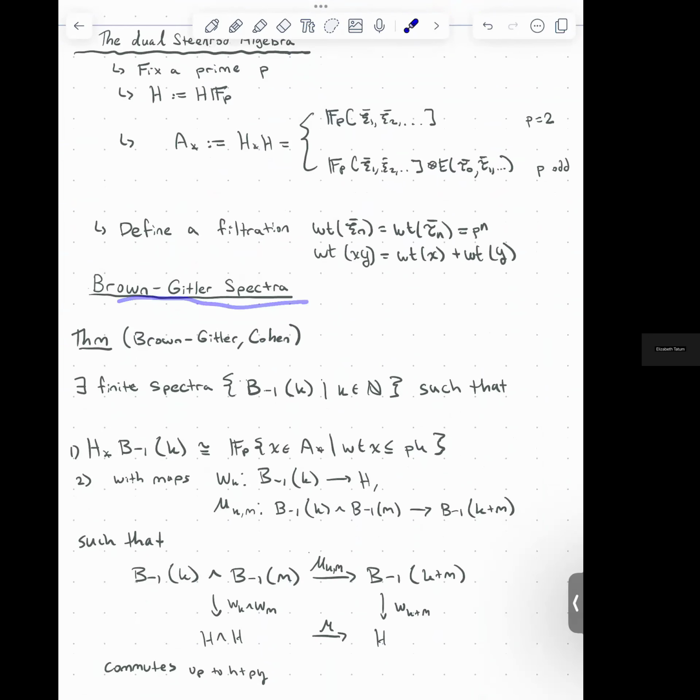Okay, so then that will allow us to define Brown-Gitler spectra. The Brown-Gitler spectra were originally constructed at the prime 2 by Brown and Gitler, unsurprisingly, and then this was extended to odd primes by Cohen. There are more things you can say about Brown-Gitler spectra, but the relevant property for us in this talk is that there exist finite spectra, which we'll call B minus 1 of k, such that the homology of the kth spectrum should consist of all the monomials in the dual Steenrod algebra